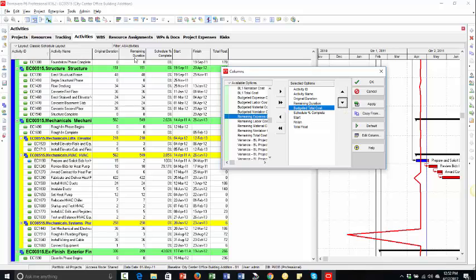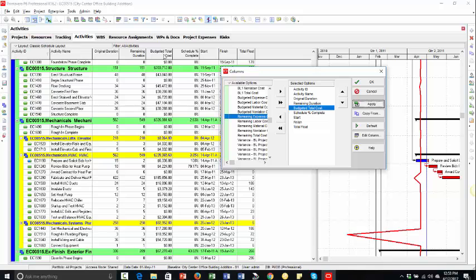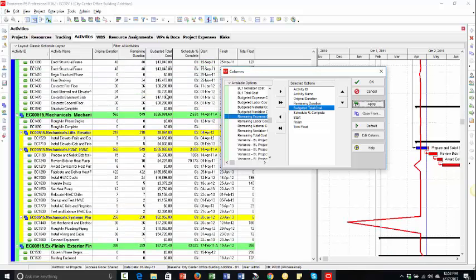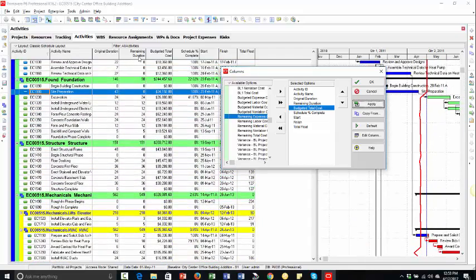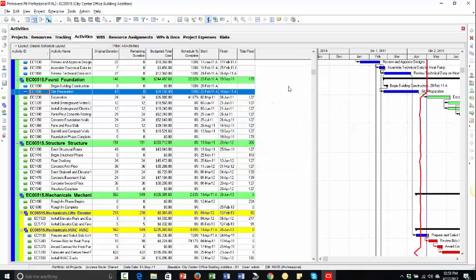So if I want to add this very column, which is budgeted total cost, to my timeline, I now click on apply. Once I click on apply, you can see total budgeted total cost shows up as part of the columns in my timeline after the remaining duration column, just like I have it here, and then I click